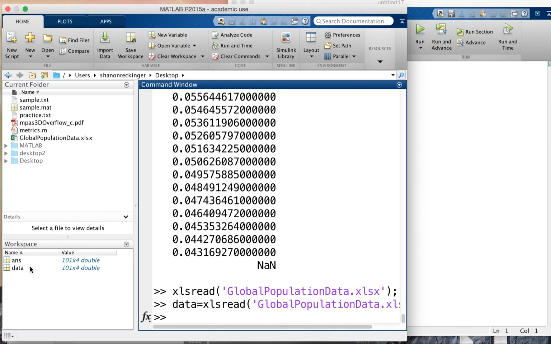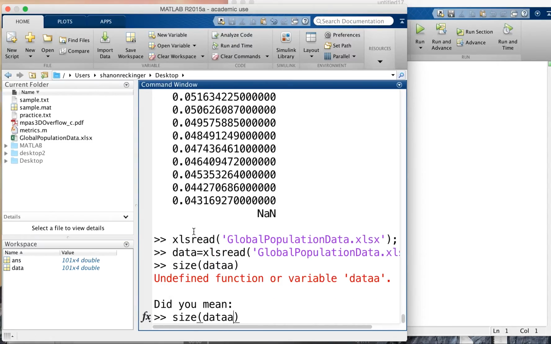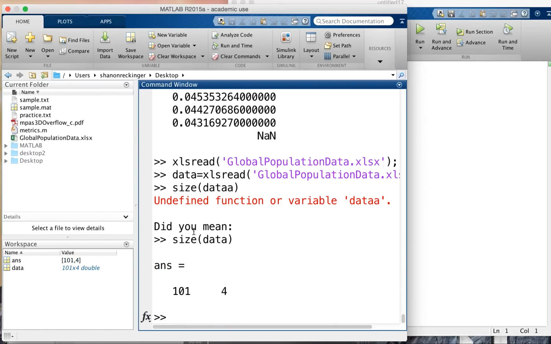So I'm going to rerun it now, and I'm going to set data equal to xlsread, and now all the data that's in that spreadsheet, and it will only usually be on sheet 1, will go to the variable data. So a lot of times the first thing you want to do when you're reading in a file is look at the size. If it's a lot of data, sometimes it's hard to print it because you can't really see it all. So this has 4 columns and 101 rows of data. So this is the same file you guys are going to use for